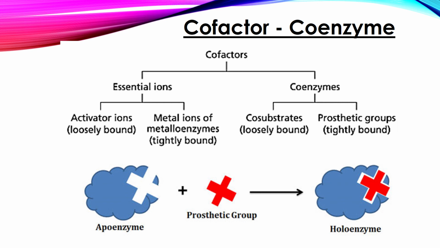A coenzyme or metal ion that is very tightly or even covalently bound to the enzyme protein is called a prosthetic group. A complete, catalytically active enzyme together with its bound coenzyme and/or metal ions is called a holoenzyme. The protein part of such an enzyme is called the apoenzyme or apoprotein.